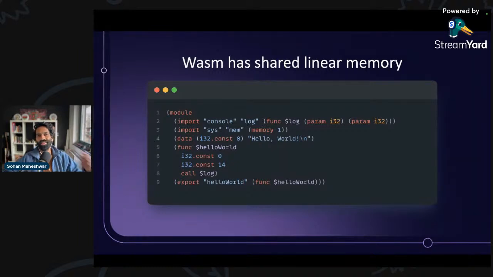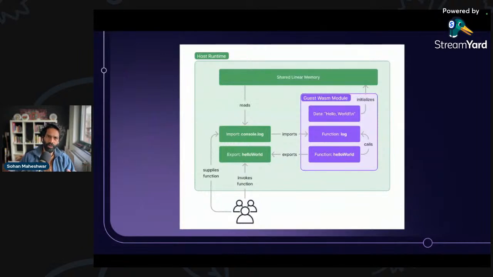So under the hood, this is the deep dive of how WebAssembly actually works. If you want to visualize this in a graphical way, we said that earlier, right? There's a guest Wasm module which imports a function to log something. It exports a function called hello world, and it's getting that data hello world. Now, the guest Wasm module and the user have access to the shared linear memory. So you can read from the same shared linear memory. And the host only lets the guest access certain memory and certain functionality because, like we said, it's sandboxed by default.